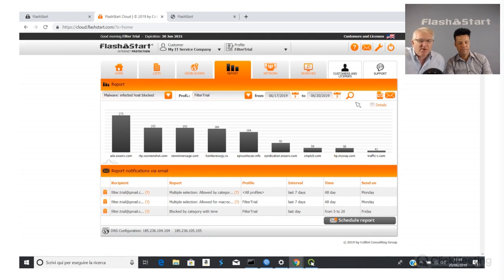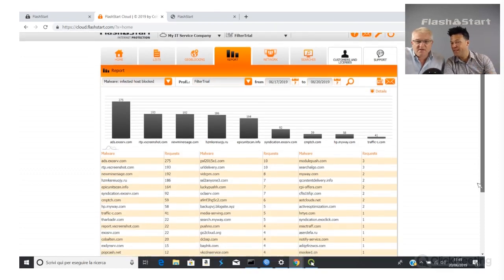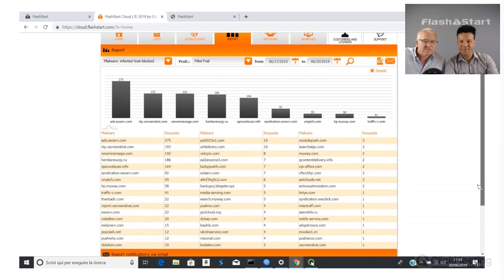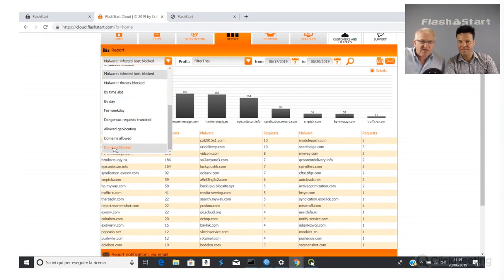Okay, but this has now popped up, and we can actually see some details of sites that have been infected with something. Okay, if I click here into details, we get the specifics. These are true data because we get some nice data from some test pilots. Okay, so some interesting stuff there to start working on. Blocked by category. At the bottom of this, I was going to say, domains blocked. That's an interesting one.